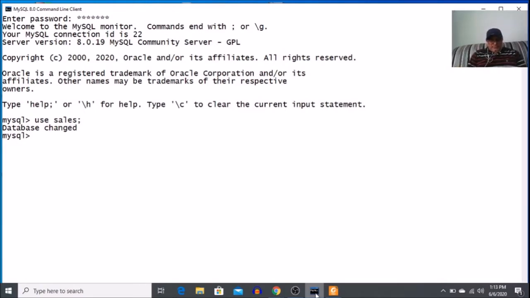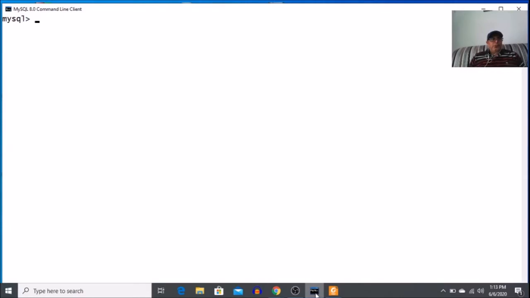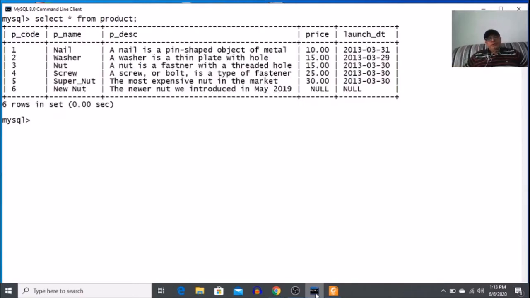First of all, I am clearing the screen. This is our main table, on which we were operating until now.